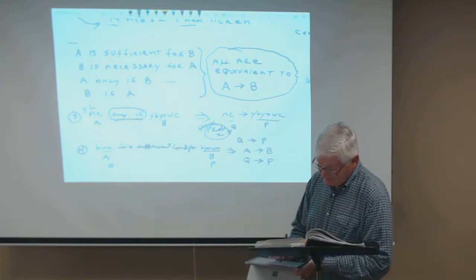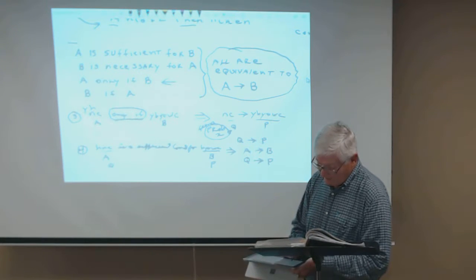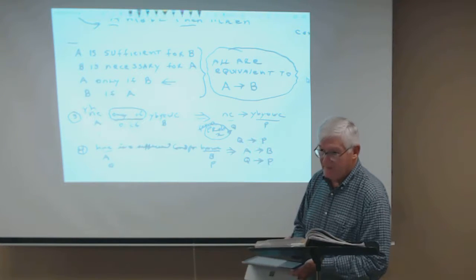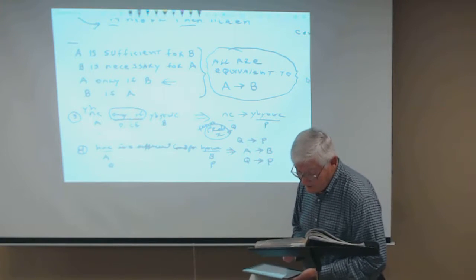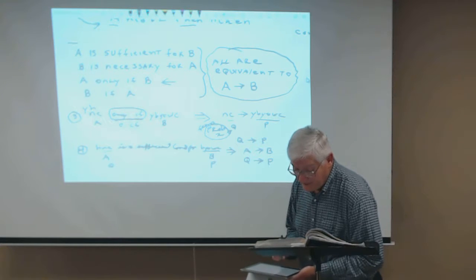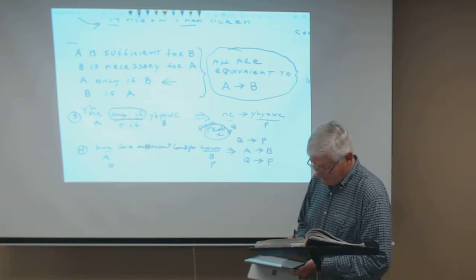See this only if phrase right there? So when I see only if, then I put A, only if, B. See what I'm doing? I'm using the pattern from page 139 to take what they've said and put it in symbolic